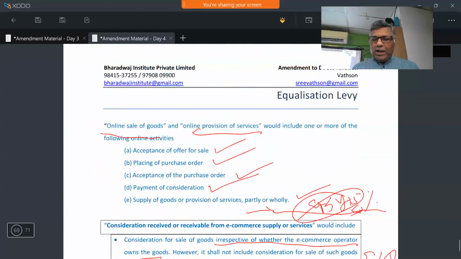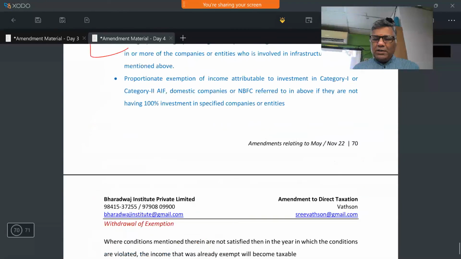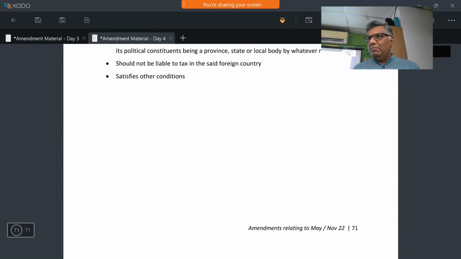Somewhere during the last week of March, I will again meet you for a revision session. At that time, I will not take up amendment detail, but I will work out more questions from amendments also. Meanwhile, before that, as I told you the other day, I am planning some tests exclusively on amendments, some MCQ and related tests. I will keep you informed about that.